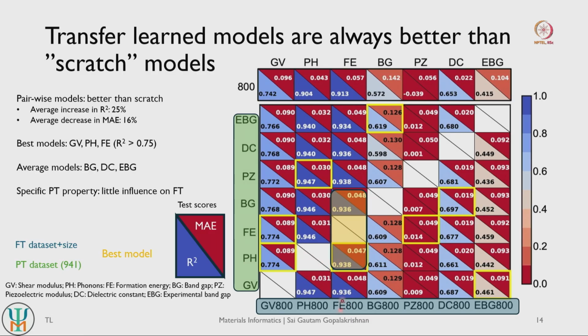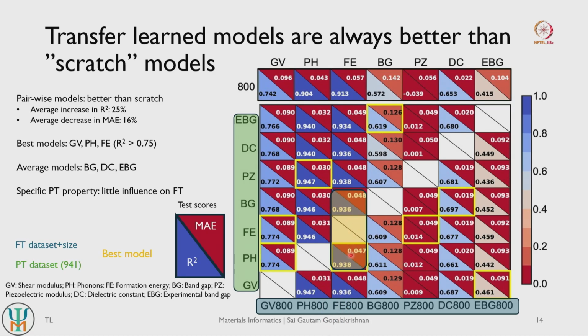In general, more stable materials will have fewer imaginary modes in your phonon frequencies and so on. So they will have more well defined modes in your phonon frequencies. So there is some amount of correlation between your phonon frequencies and your formation energies. That is what you would expect. But we see that whether you pre-train with computed band gaps or whether you pre-train with phonon frequencies, you get very similar performance in your target task of predicting formation energies.